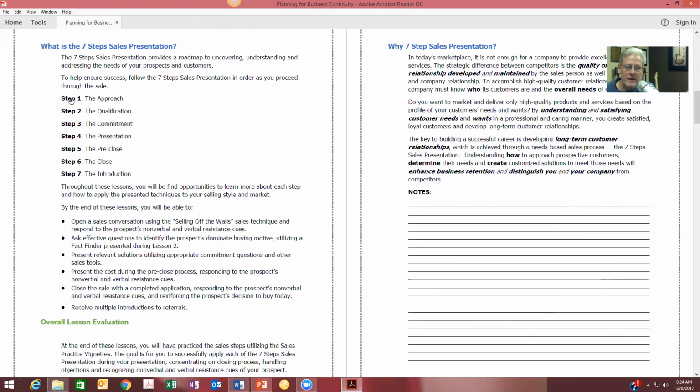Step 2 is being able to qualify prospects. And let's just define what I mean by a prospect. A prospect is someone who recognizes they have a problem. They're interested in solving that problem. They see you or your product or service as a solution to their problem. They have the money to solve that problem. They're willing to spend the money to solve that problem. They're willing to spend it with you today to solve that problem. To me, that is a qualified prospect.